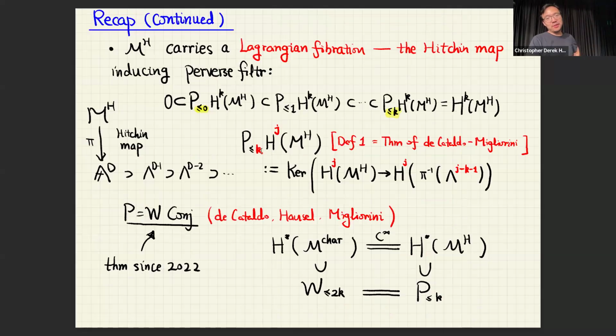Here I'm using a different notation. The K here is the perverse degree, and the J is the cohomological degree. And when this class vanishes, it depends on the restriction to an affine subspace of dimension which depends on both J and K, the cohomological degree and perverse degree. So in other words, if you fix J, then the larger K you consider, you are considering what classes vanish at a smaller affine subspace. Yeah, sorry, I changed. The K upstairs is for cohomological degree, but in this notation, I'm using the perverse degree.